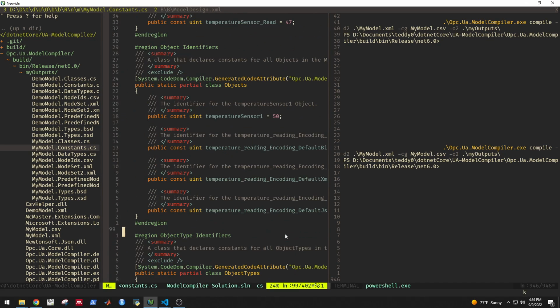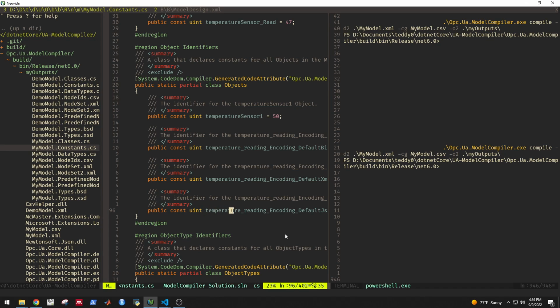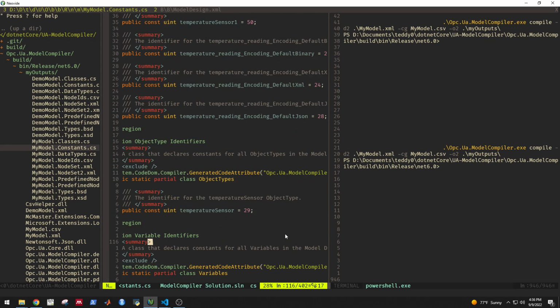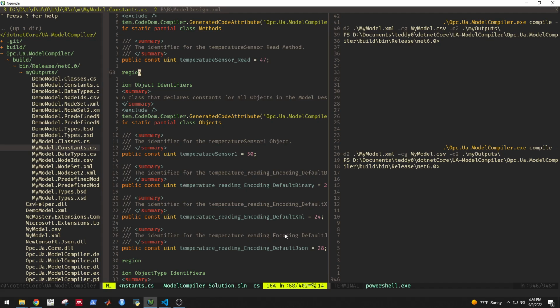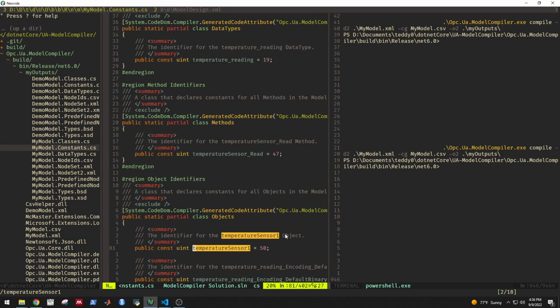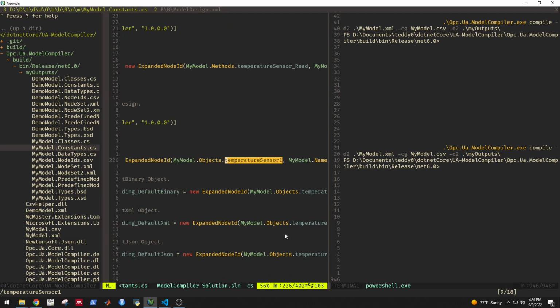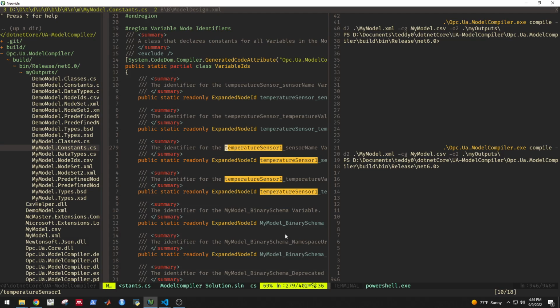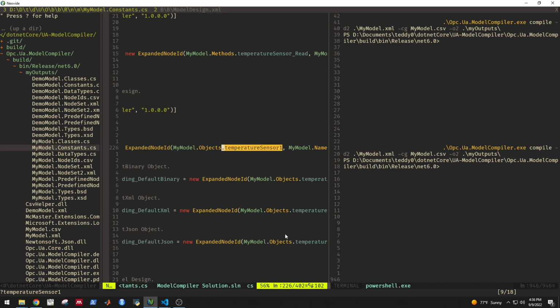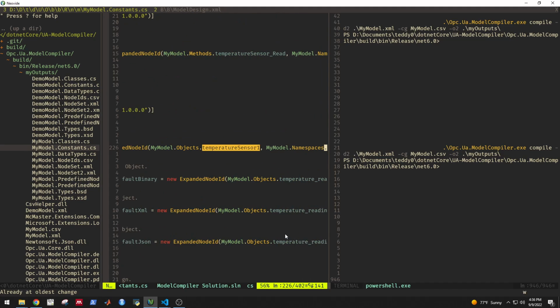So for example, over here we have this public static partial class objects. Okay, so it looks like the temperature sensor number 1 is already registered here. Okay, so you look for temperature sensor 1. And these will be so-called assigned node IDs over here. And let me go Shift N. Yeah, let me go here. Yeah, this expanded node IDs here, temperature sensor 1 equals new expanded node ID